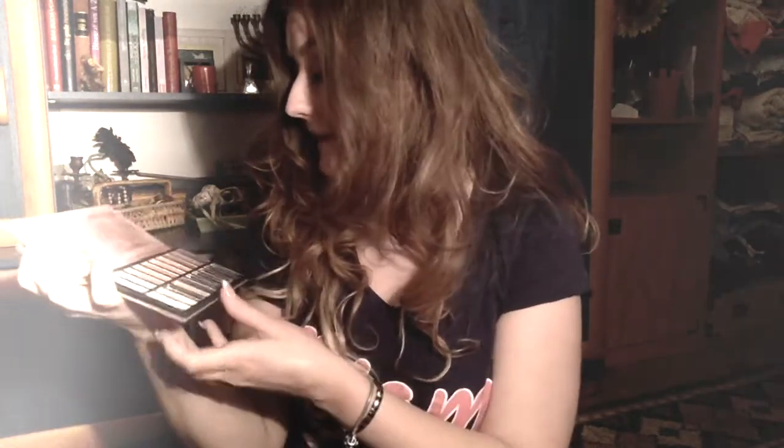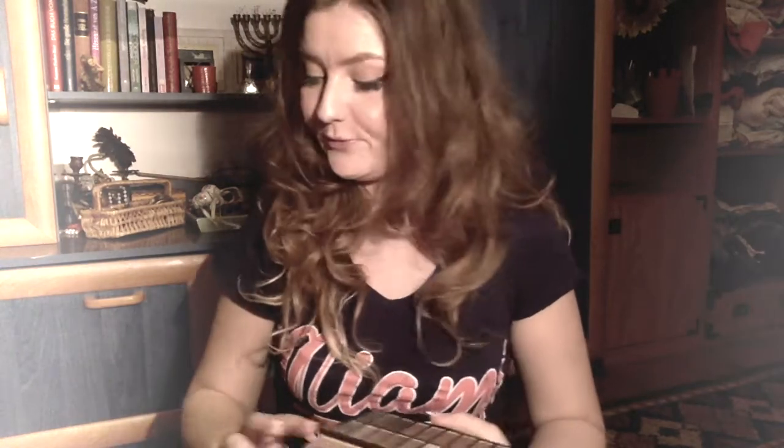I wanted to try this palette again for the longest time, especially because I think that this row up here is a dupe for the Naked 3 palette by Urban Decay, and you know there is no way that this sister will ever spend that much money on an eyeshadow palette if it's not Tom Ford or something. This is a revealed palette, customized brown. Oh, so pretty. I have to repress these tomorrow,